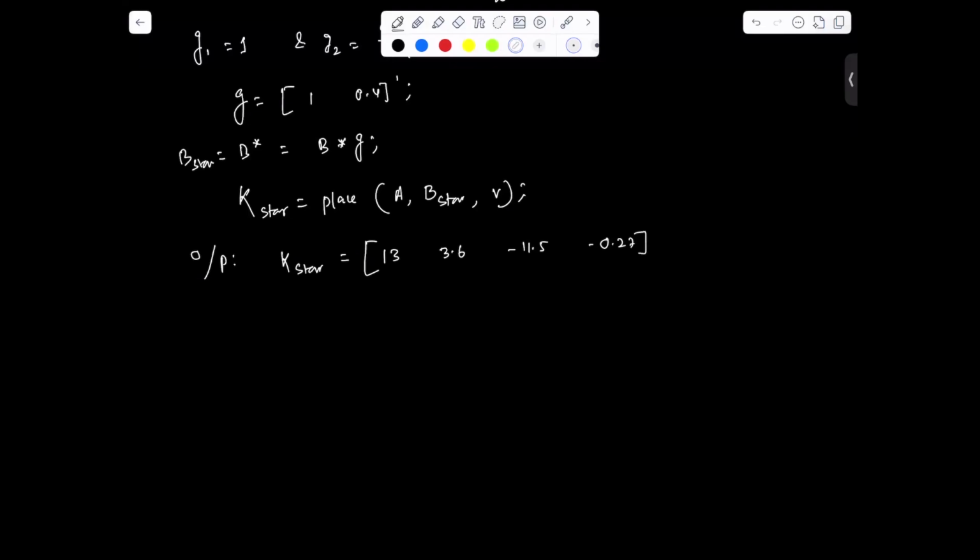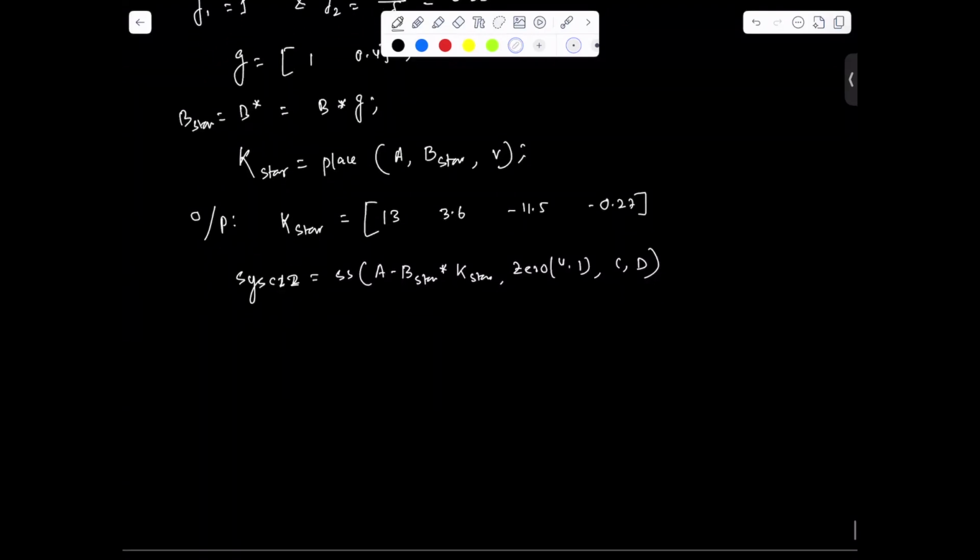So here actually it is not a matrix anymore, it is a vector instead. And you can use the same command. You can find sys cl2, second system, 2 for second system. Cl is the closed loop system. SS, you can use this command A minus B star into A star, zeros. This is the closed loop system. We can put it as 0, 4, 1, C and D. The same C and D matrix we are using here.